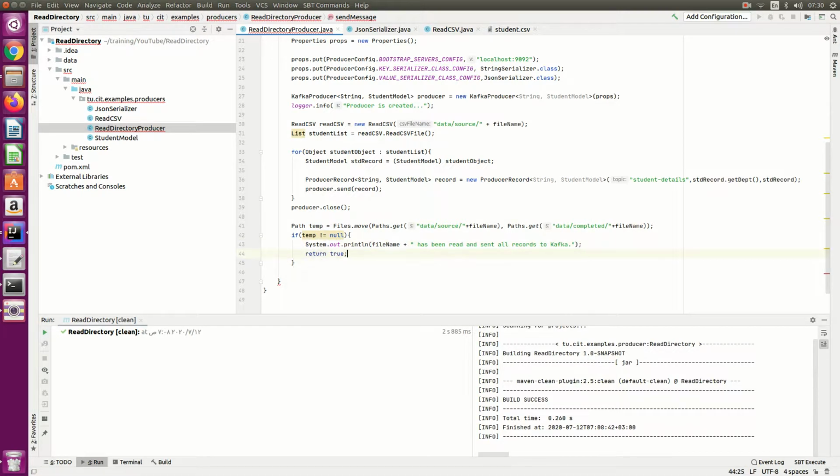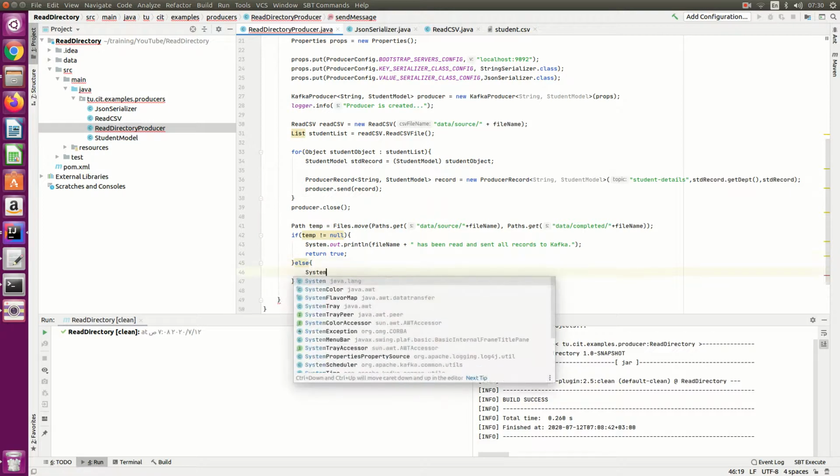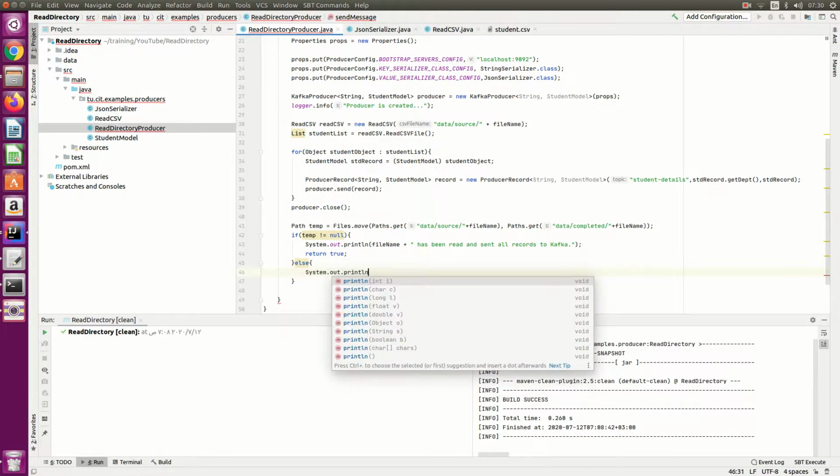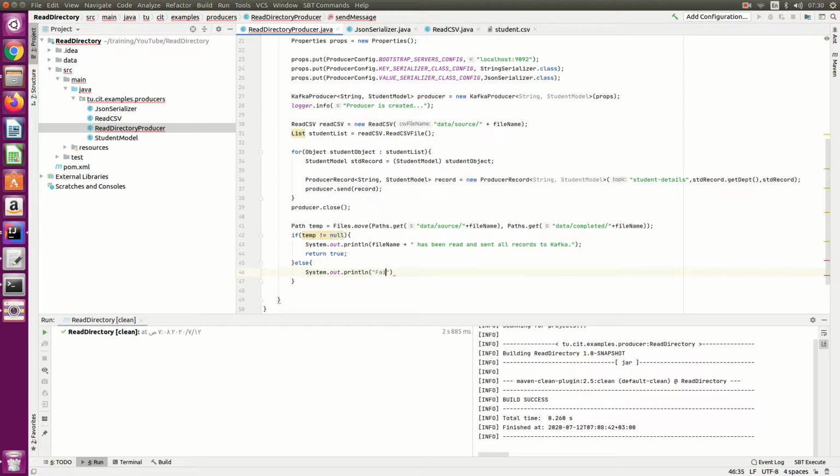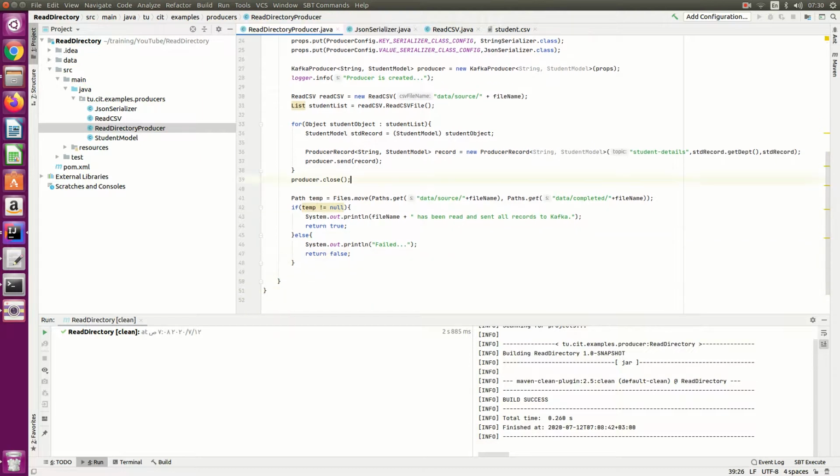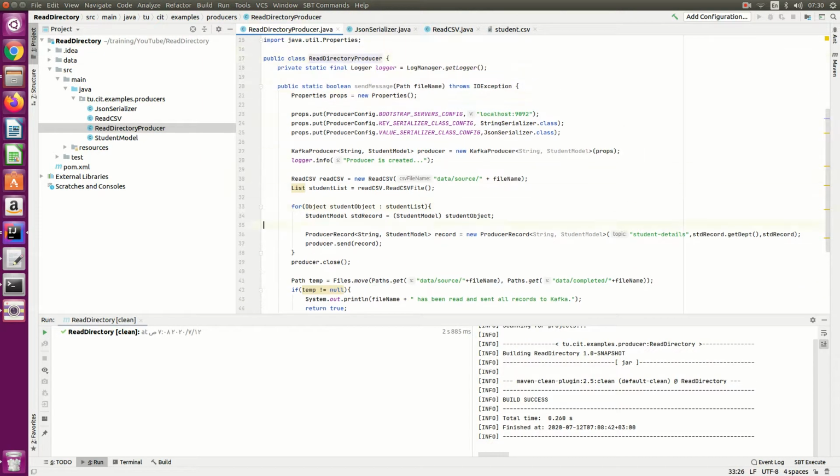And return true. Otherwise, if it fails, I'll send this message below and return false. Now I have written the complete send message function, and we will use this function in